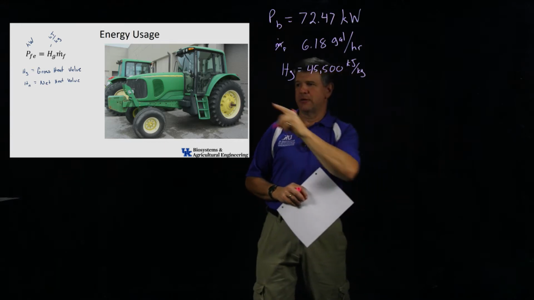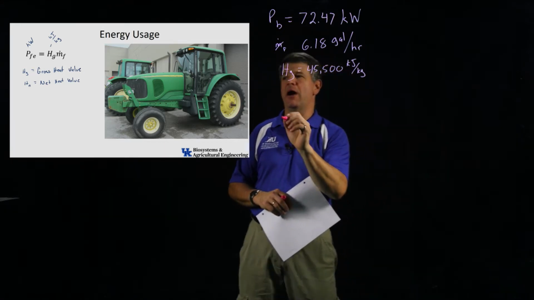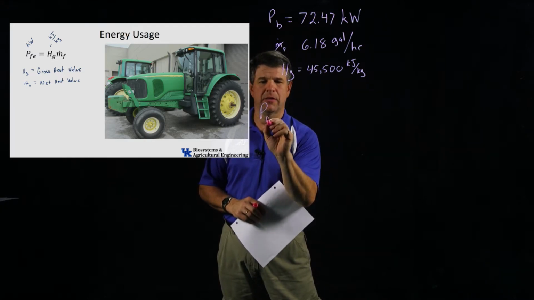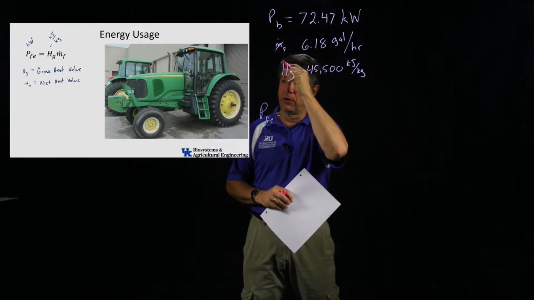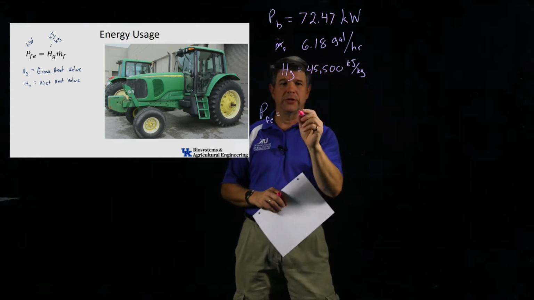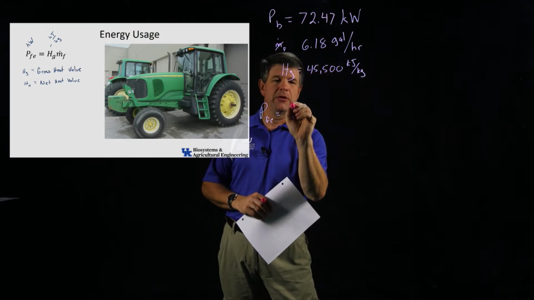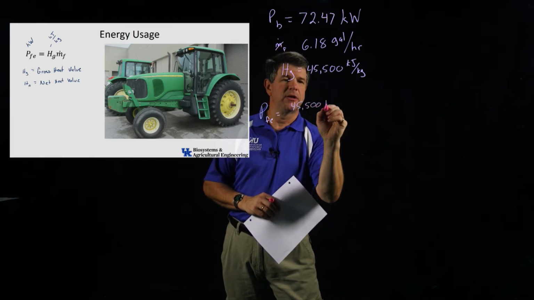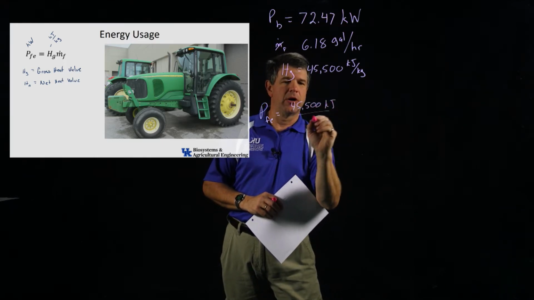So let's figure this out. Use our equations. Fuel equivalent power right here. So P sub Fe is going to be equal to the gross heating value of the fuel. So let's start with that. And I'm going to work out units here. So 45,500 kilojoules per kilogram